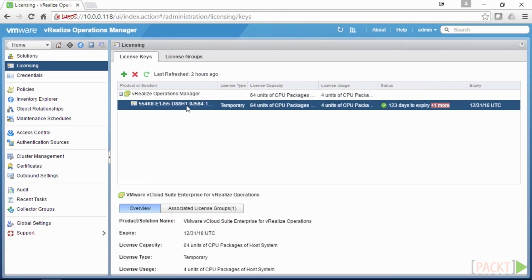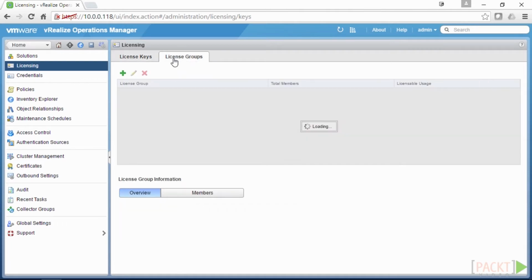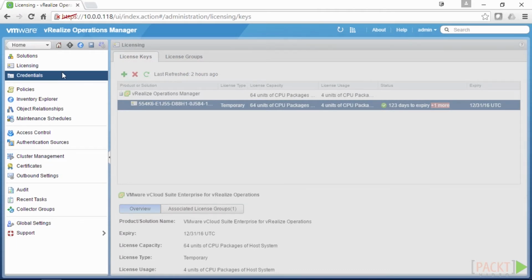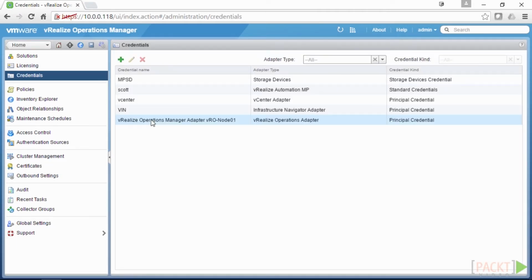Licensing is where we add, remove license keys or license groups. Credentials is where we manage our credentials from. Whenever you add an endpoint on a management pack, you've got to enter credentials. So you might have the same credential being used over multiple management packs, and instead of changing it on every single management pack, if you need to change the password, you can change it in a single location and it affects everything that uses that. This is where we can add, create or delete